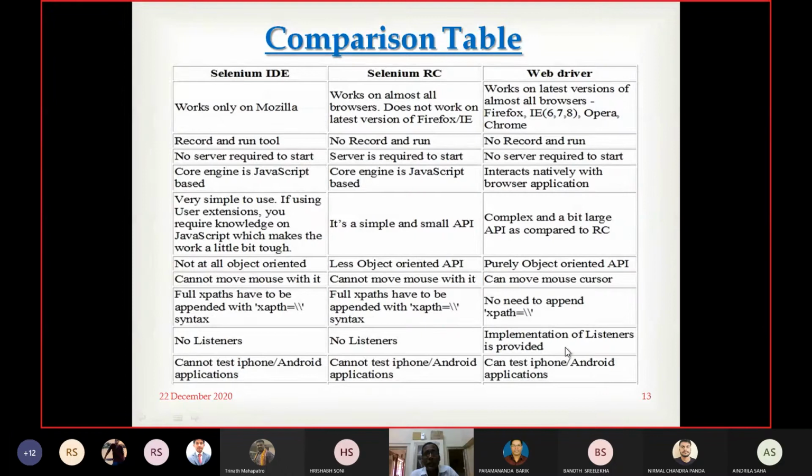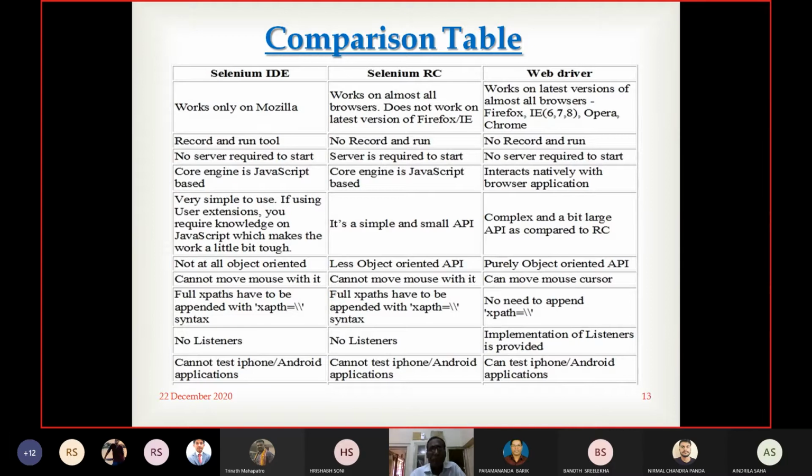Selenium IDE and Selenium RC cannot test iPhone and Android applications, whereas WebDriver can be used to test iPhone and Android applications. So these are a few comparisons I have given among Selenium IDE, RC, and WebDriver.